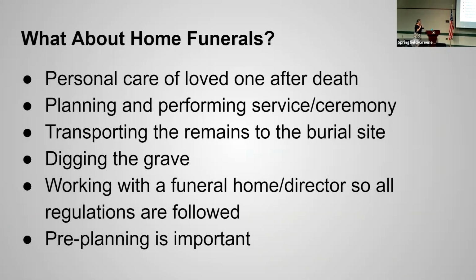So let's talk a little bit about home funerals, because people are getting a little bit more used to green burials, but the home funeral is kind of weird and scary. But everybody used to do it. Everybody used to do it before embalming became the thing to do. Embalming was very, very popular